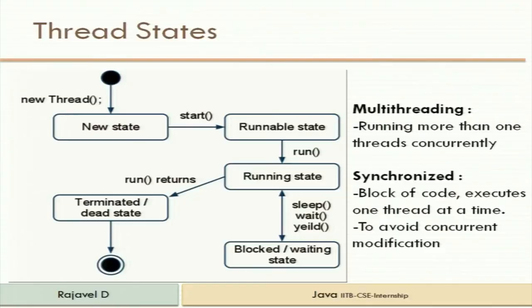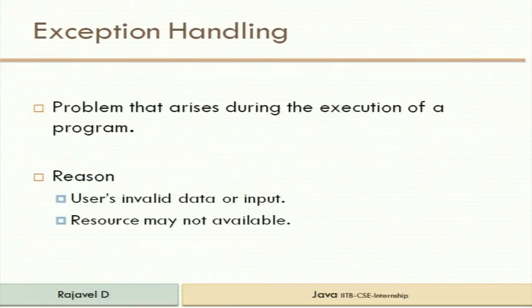Threads can also be used with synchronized operations. For example, two dependent things are there and you have to execute the second thing only after the first thing finishes, because it takes the output of the first thing as input. So you can put the second thing to sleep until the first process completes. You don't have to waste memory till then. When you start, it goes into runnable state and it is running. You can make it sleep, wait or yield until the next waiting state. And yeah, an important thing is exception handling.